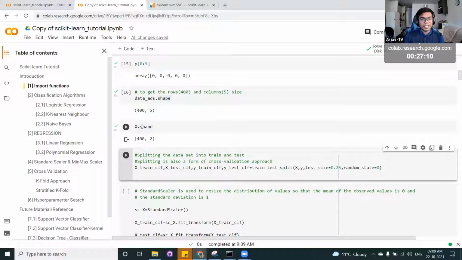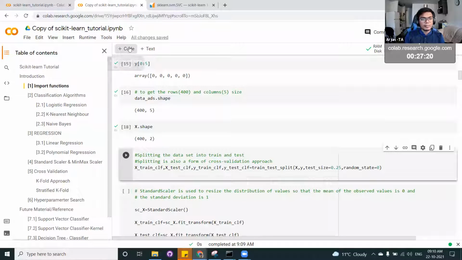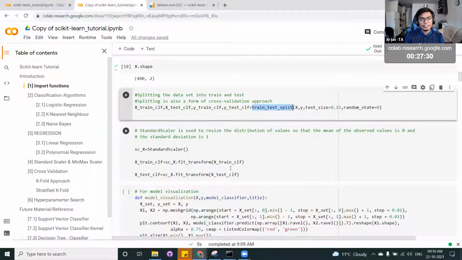Now we have to split it between train and validation, because without that, we don't know whether the model is generalizing well, or overfitting or underfitting. To do that we have to split the data set, for which we can use train test split, which is scikit-learn's inbuilt function. And here, the train test split size you can just give as a percentage. Here we have mentioned 75% is used for training, and 25% will be used for testing. And then this random state we mention just to be sure it's always consistent.